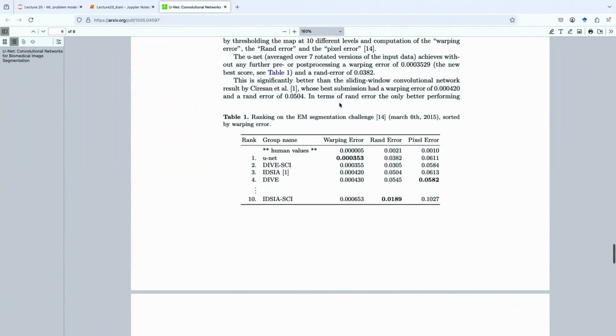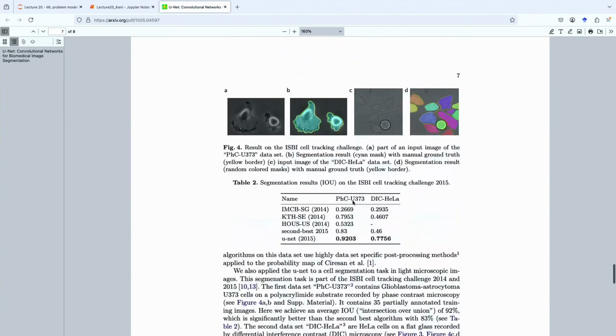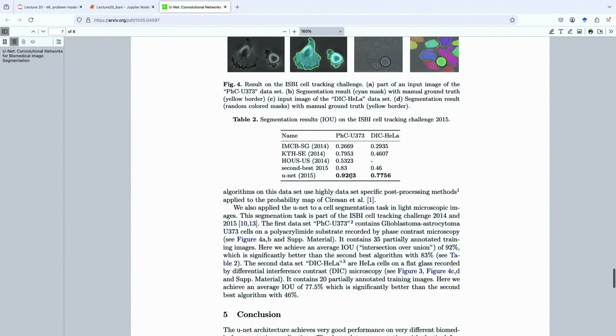Okay, anyway. So there are multiple challenges, but you can see in various different challenges the UNet performs on par or better than a lot of other models. This is especially true with the cell tracking challenge.